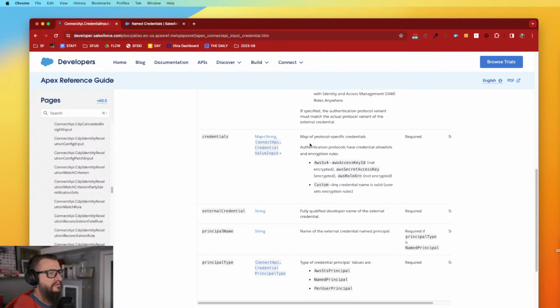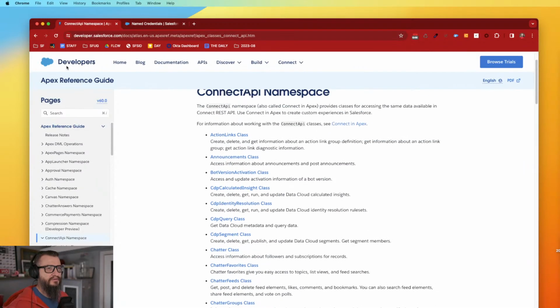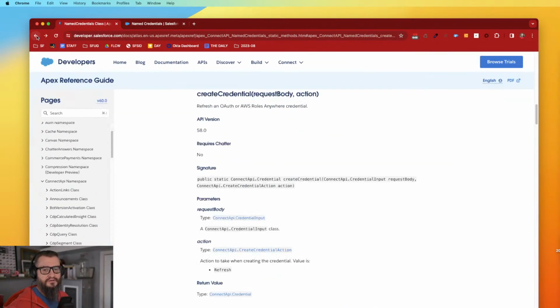Credentials. Any credential name is valid. We want to look at that. Principal name, principal type. Okay, so let's try to get maybe one of the credentials out that we have in our org already. I think I went back too far. Let's see